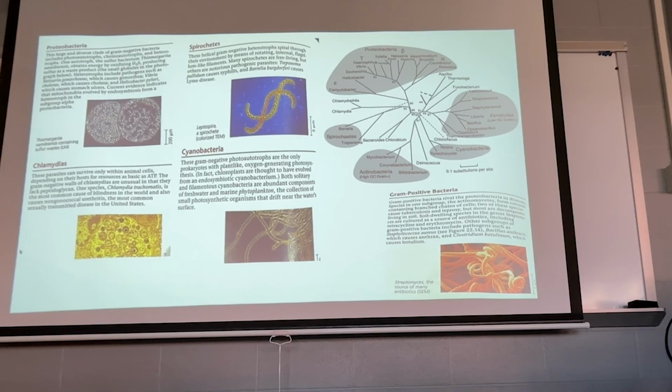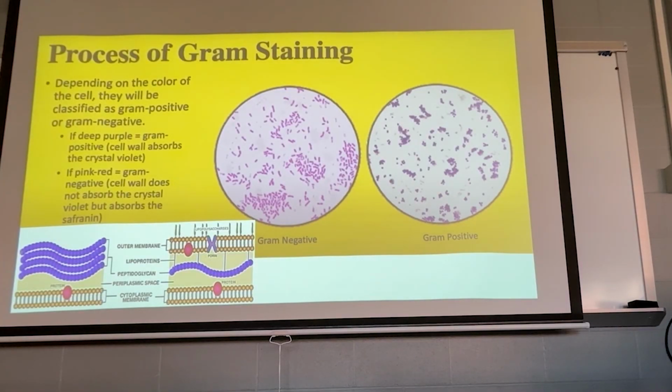Right? And so you might wonder, well, why? Two slides down from this is this picture, the process of gram staining. So we're going to use 2 stains, a pink stain and a purple stain. The big difference here is the purple stain binds to the cell wall of bacteria. And so a gram-positive bacteria has a very thick cell wall. As you can see here, here's the gram-positive. It has a very thick cell wall on the outside of its cell membrane.